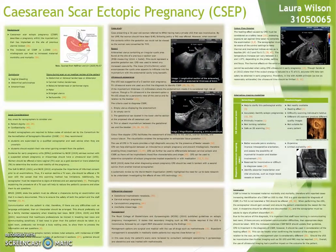Caesarean scar ectopic pregnancy is linked with increased maternal morbidity and mortality. Therefore, with reported cases increasing, recognition of a Caesarean scar ectopic on ultrasound scan is vital. While transvaginal scanning is a gold standard, transabdominal should be considered and offered to a patient when a vaginal scan is not tolerated. When performing the ultrasound scan, the sonographer should gain consent and ensure patients understand the reason for